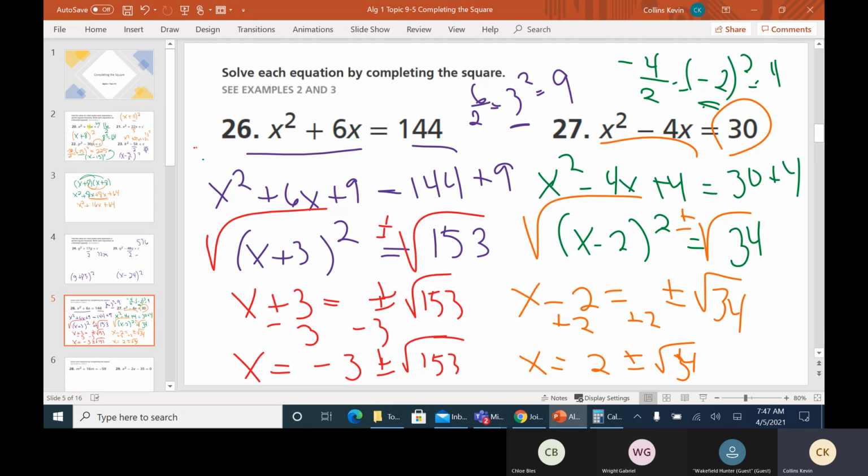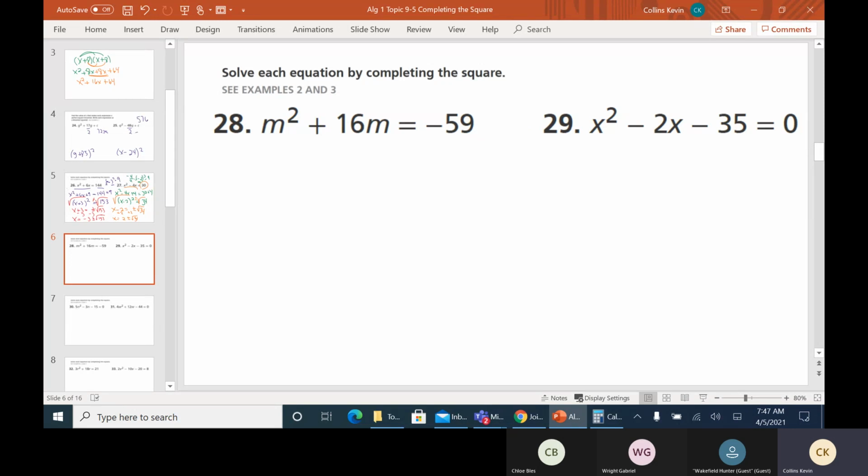All right, let's maybe try one more and then we'll call it. All right. So same deal. Again, we take the 16, divide it by 2, and we get 8. Then we square the 8, and that's 64. So we're going to add 64 here and 64 here. So we've got m squared plus 16m plus 64 equals, we've got 64 minus 59, that's going to be